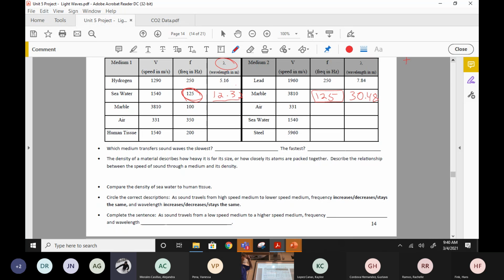Well, let's slow down here. Maybe we're not sure about hydrogen gas. What about marble? How heavy is a piece of marble compared to water? Would marble sink? A piece of marble would sink, like a marble statue. Is its velocity greater than the seawater? Yeah. How about air? Does air rise to the top of water? Yeah. And look at its speed, it is much slower than the speed of sound in water.